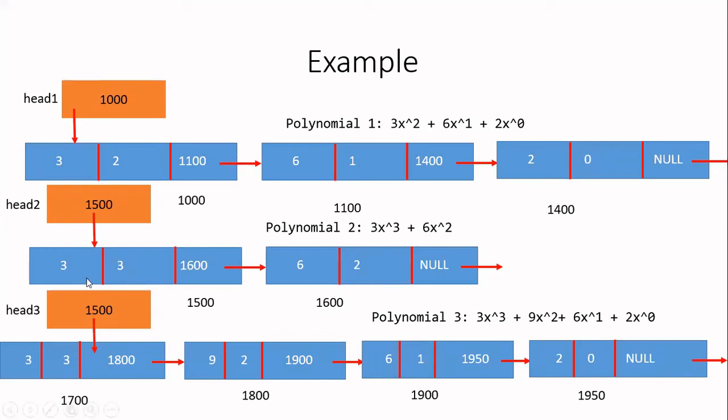So now here it is 3, 3. So I am copying them 3, 3, and I am storing it in this polynomial. So before that, this memory should be created. Okay, because dynamically we are allocating memory to the linked list. So you create the memory. After you create the memory, store this 3 and 3 in this polynomial. Then whatever is the starting address of the memory allocated to you, that address should be stored in head 3.